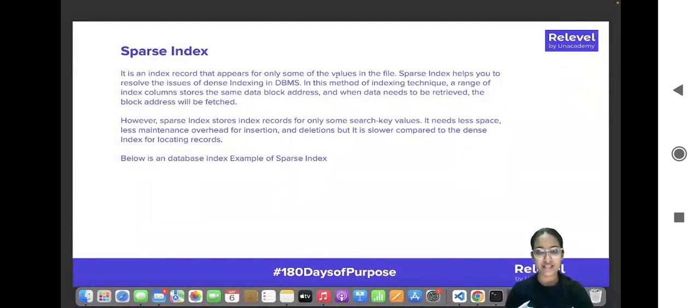So when we talk about dense indexing, it was faster. But what was the problem? What was the issue with dense indexing? The problem with dense indexing was that it was taking up a lot of space. So sparse indexing actually solves that problem of dense indexing, okay. So in this technique of indexing, right, what we do is we take a range of index columns, okay, only, and store the same data block address for all of them. And when the data needs to be retrieved, that particular block address, so instead of storing the address for each and every row, we actually take a range of records and we store the address for all that combined block,